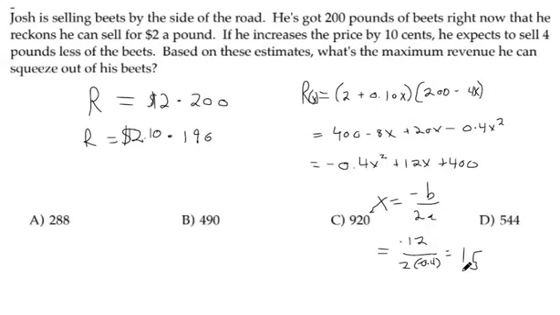Now that's not the maximum revenue. Remember, X is what we just found. We found out the maximum revenue occurs when X equals 15. In other words, we increase the price by 10 cents 15 times. Okay. So if you want to know what the maximum revenue is, you need to plug this back into the equation, and that will tell you what your maximum revenue is. So the maximum revenue, we found out it occurs when X equals 15. So if you plug that in here,